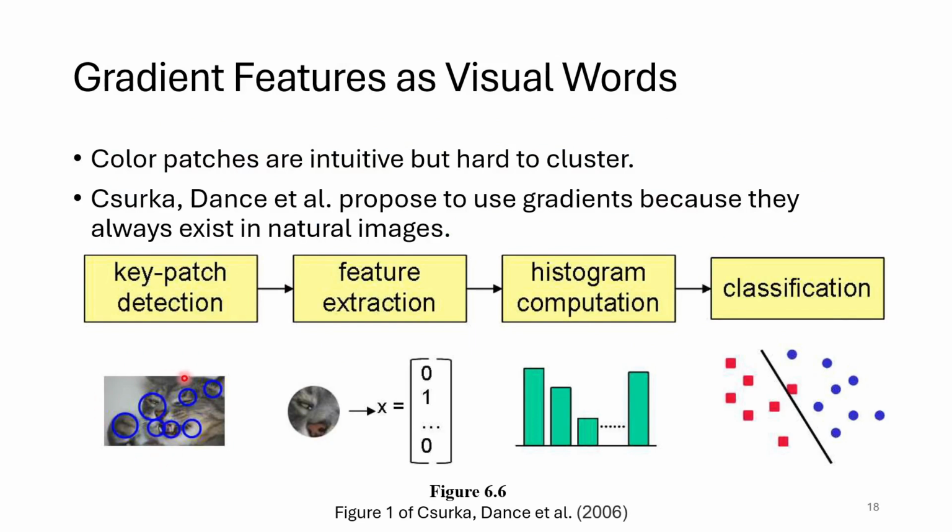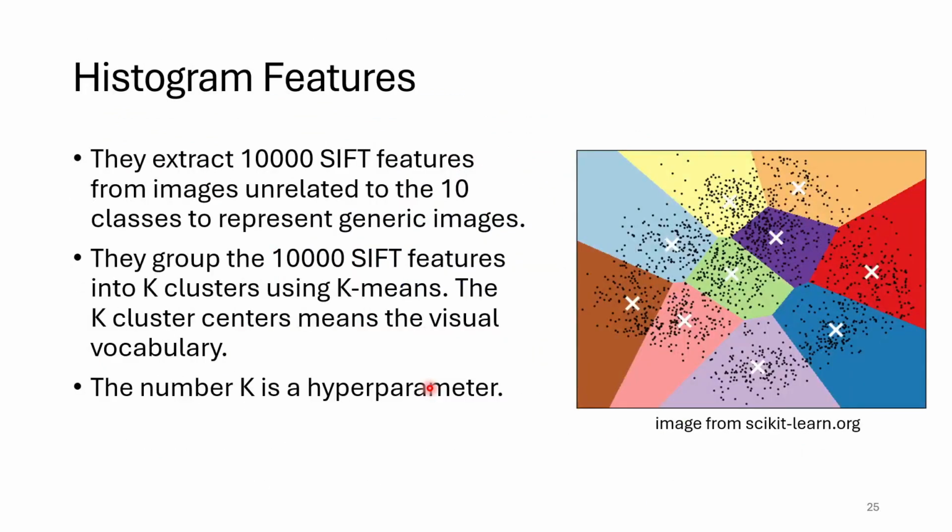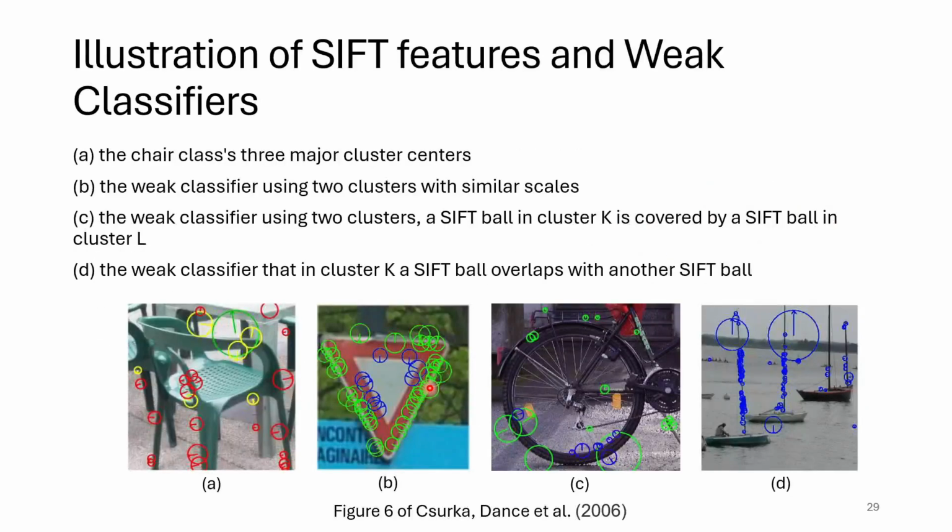First, they extract a lot of key points. Then they represent those key points using SIFT features. Here, it will be an issue: how do you define the weak classifier from this descriptor? So they try a lot of different classifiers. For example, because we have K cluster centers in the SIFT space,